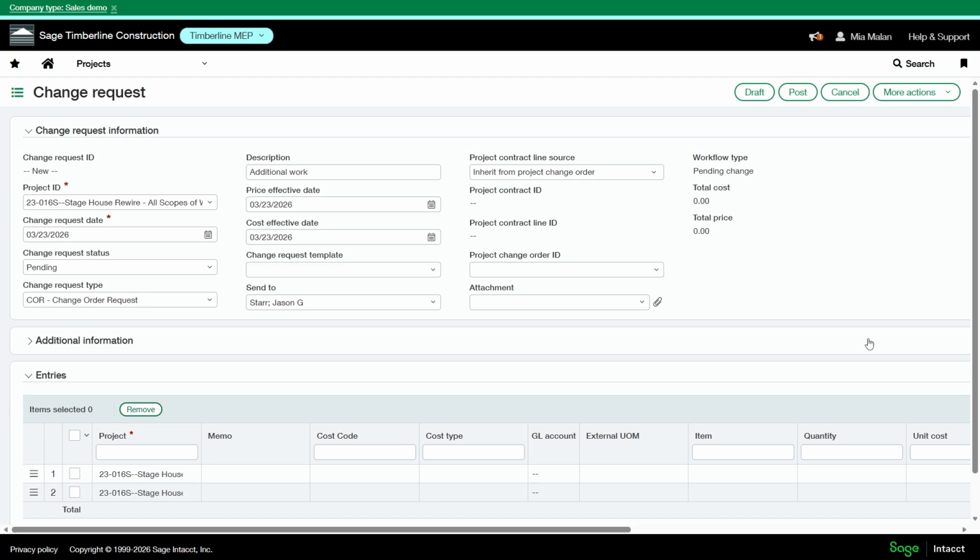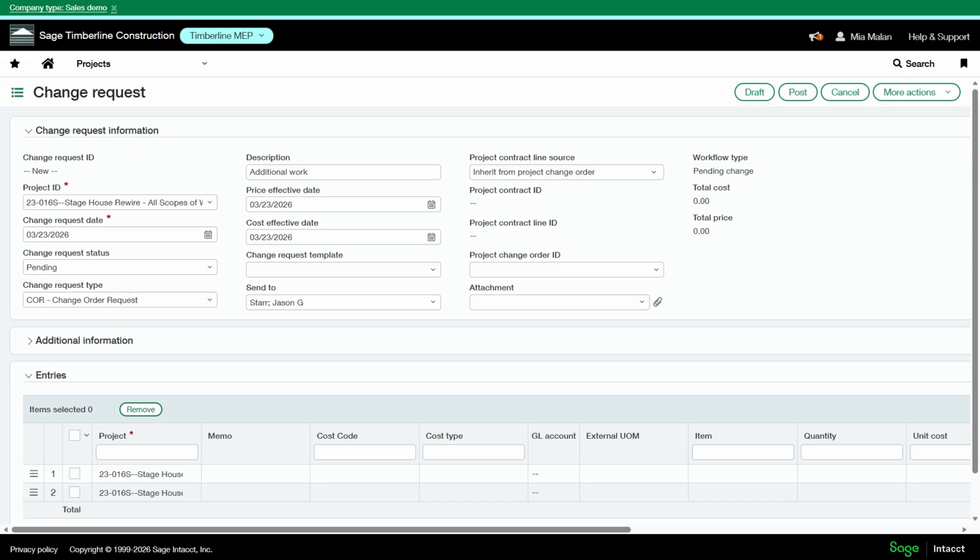If this change request is associated with an existing project change order, you can link it here. And the change order must be associated with the same project ID. Linking the change request to a change order is what ultimately allows the posted change request to update the project contract lines. So this is an important step if your contract actually needs to be updated.